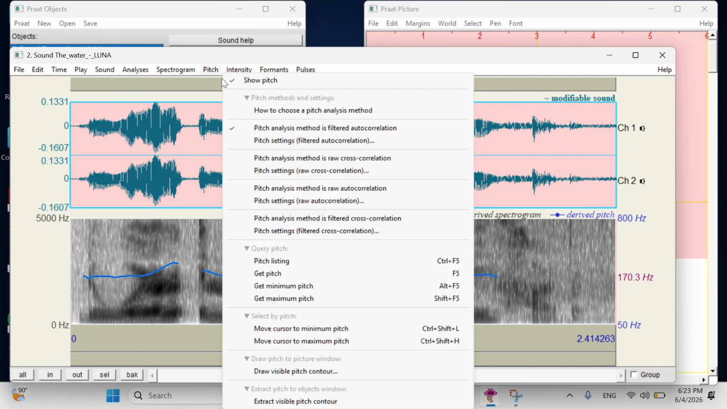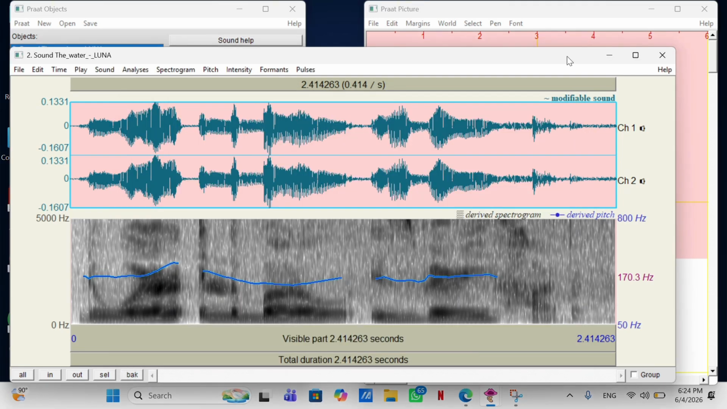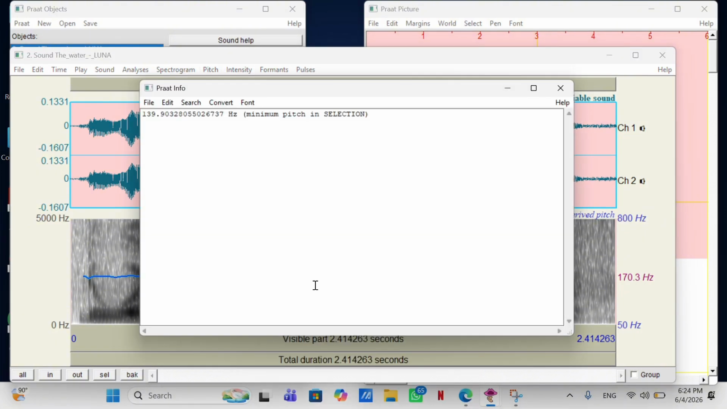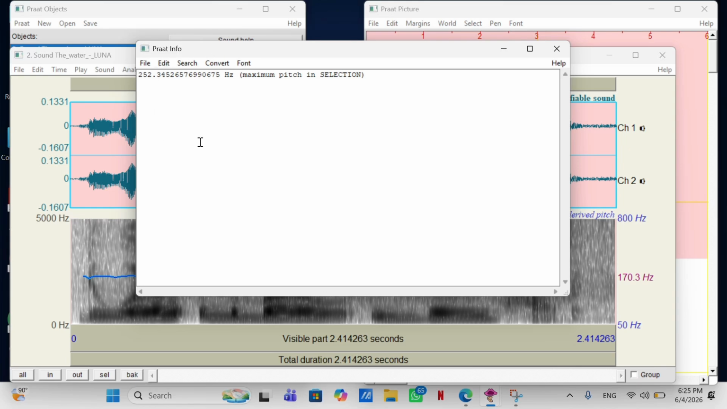And then click pitch again, click get pitch, and now we get the mean pitch, which is 170.31 Hz in selection. Next, let's find the minimum pitch. Click pitch, get minimum pitch, and the result is 139.90 Hz in selection. And we also have to find the maximum pitch. Click pitch, get maximum pitch, and the result is